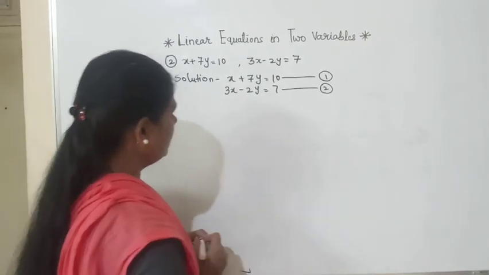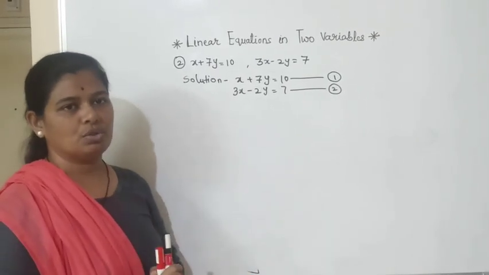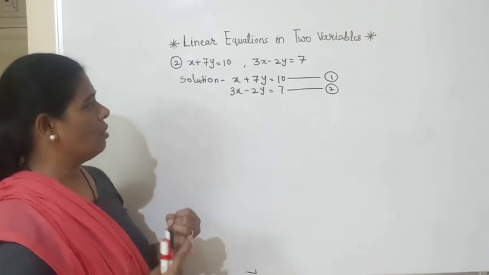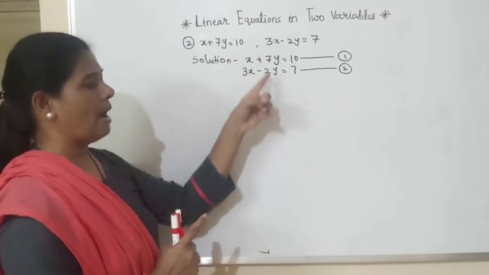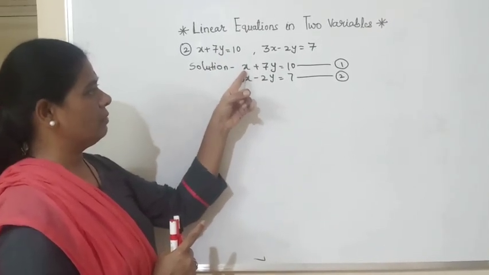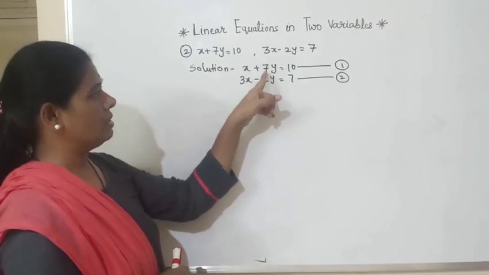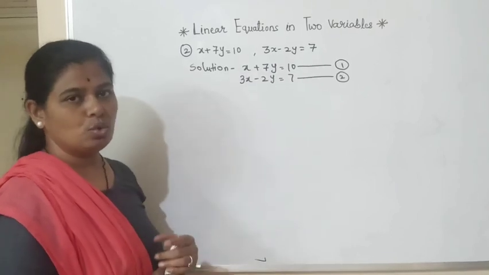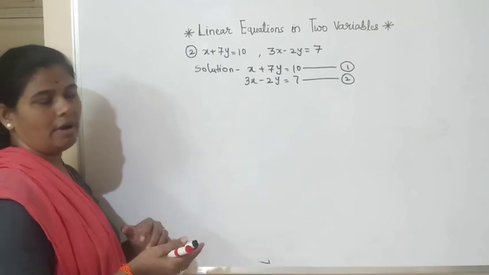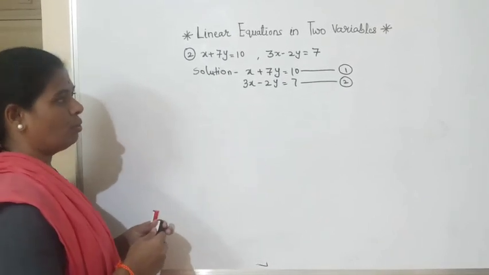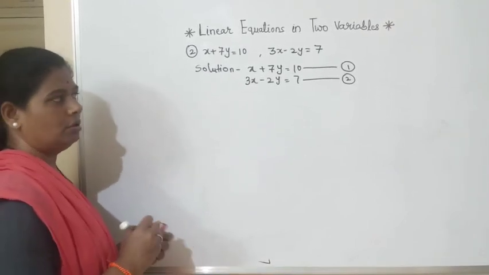आता आपण काय करायचं, नेहमी इक्वेशन्स डोळ्यासमोर आले की first we have to observe those equations. First thing what you have to observe is whether the x are same or the y are same. Here you can see that in the first equation there is x, second equation there is 3x. In the first equation there is 7y, second equation there is 2y. Now we have to make either x or y the same. You can use any one method. Either you can make x same or y same.